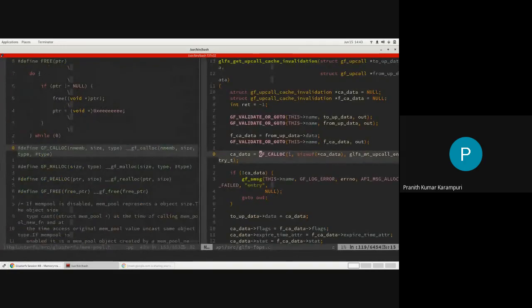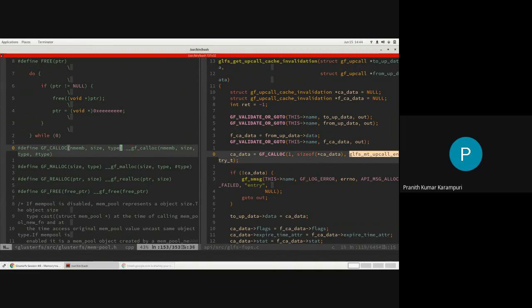Anytime somebody calls GF_CALLOC, they'll always mention this enum that we defined in that memtypes.h, whatever is the data structure that we are creating, so that it gets added correctly to this structure.